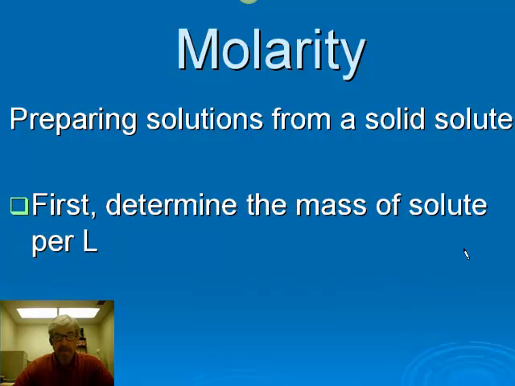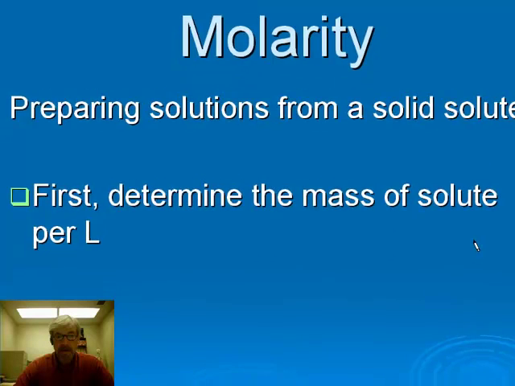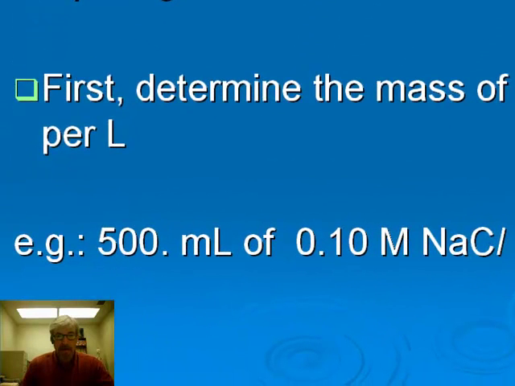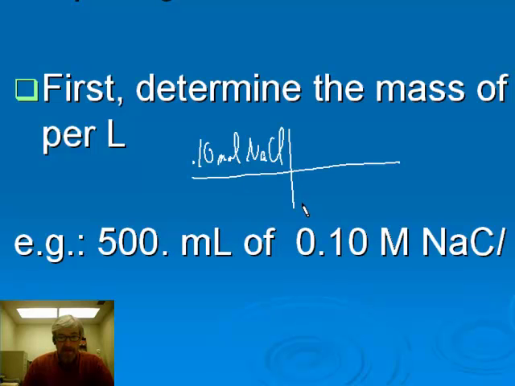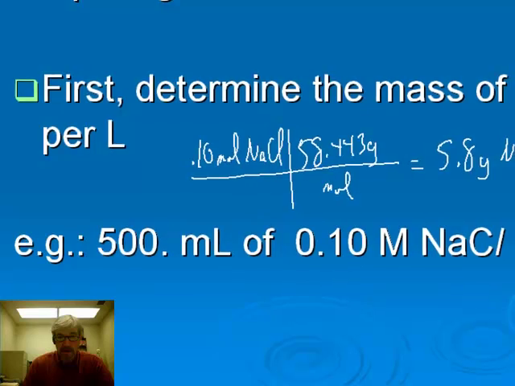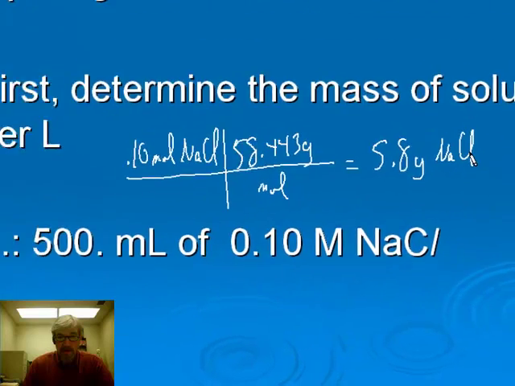Like, let's say, for example, you wanted to make 500 milliliters of a 0.10 molar NaCl solution. To find out the mass that would be in 1 liter, I would just take my molarity, 0.10, and I know that 0.10 moles of NaCl would be in a liter. But I want to know mass, so I'll multiply by the molar mass of sodium chloride, which is 58.443 grams per mole. And this tells me that I'm going to need 5.8 grams of sodium chloride in an